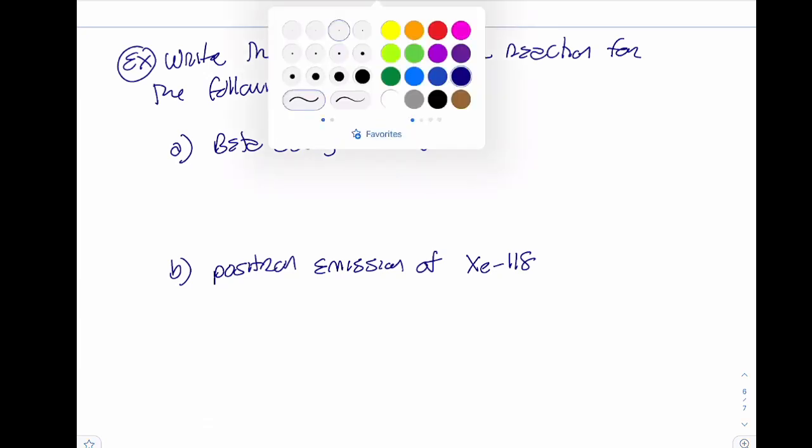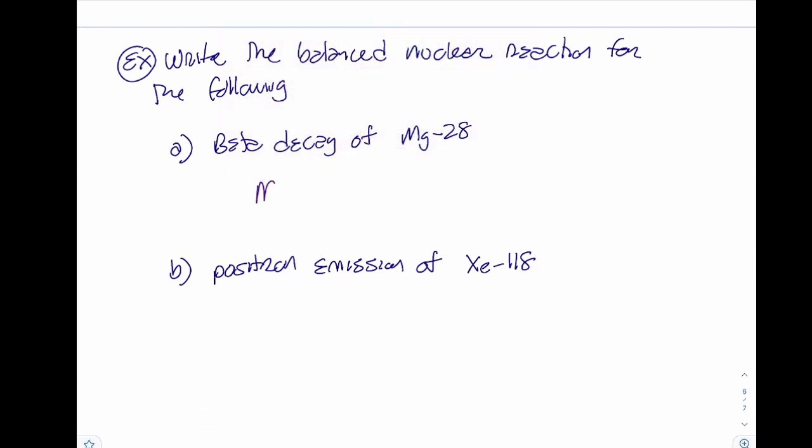All right, hopefully you guys did that. So magnesium 28, I do need my atomic number. So on the periodic table, when I look that up, I get a 12. It's emitting a beta particle. My symbol for a beta particle is this, right? Remember, a beta particle is an electron that's being ejected from the nucleus when a neutron decays into a proton